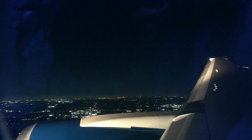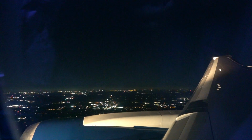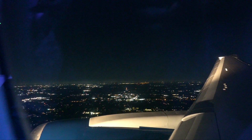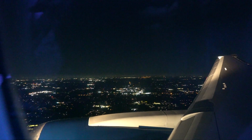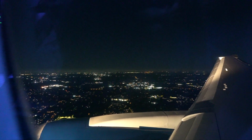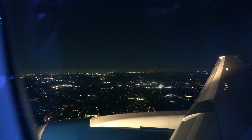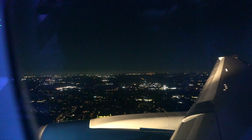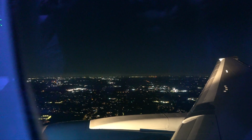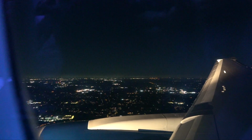appetizer there for dinner. Now, one thing to note is that they are using plastic instead of plates as far as the meal service goes. It's all served on one tray. Not that it's a ton of food, but just something to note if you're curious about it. Did have the pre-departure beverage happening, as well as a pre-departure little bag of almonds and raisins. You did have an amenity kit, bottle of water waiting for you at the seat, as well as a pillow